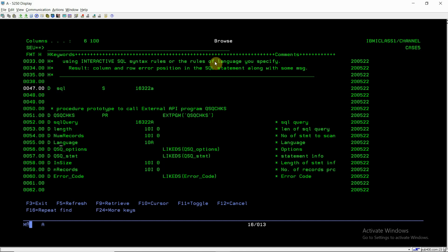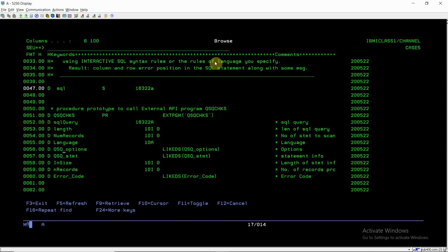That means we are not using any language here like COBOL or ILE RPG, where we have a source member and we are validating multiple queries within the EXEC SQL or END-EXEC block. Here we are just taking a simple query as an input and validating that query. So the language would be star none, and the number of statements to be scanned is 1.